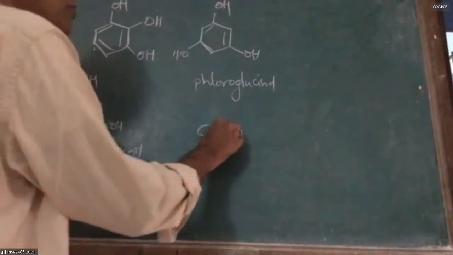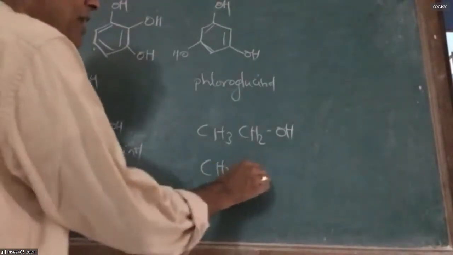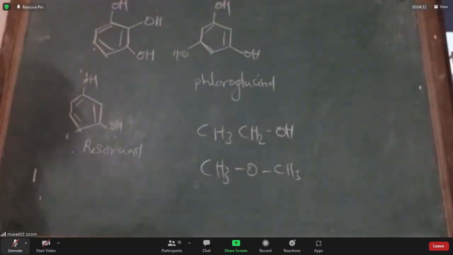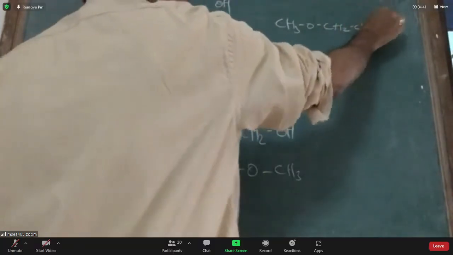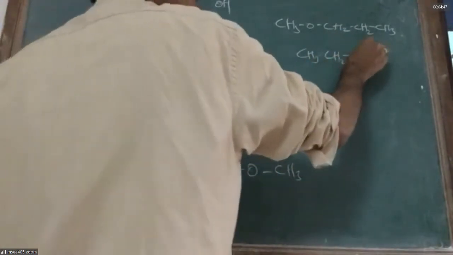Sir, what is this compound? Ethanol, the grain alcohol or the spirit of wine. But with the same formula, if I write like this, what is this, sir? Methoxymethane. This class of compound is called ether. Now, ethers which have 4 or more carbons can show metamerism. Do you remember these 2 compounds, 1-methoxypropane and methoxyethane? They are called metamers.